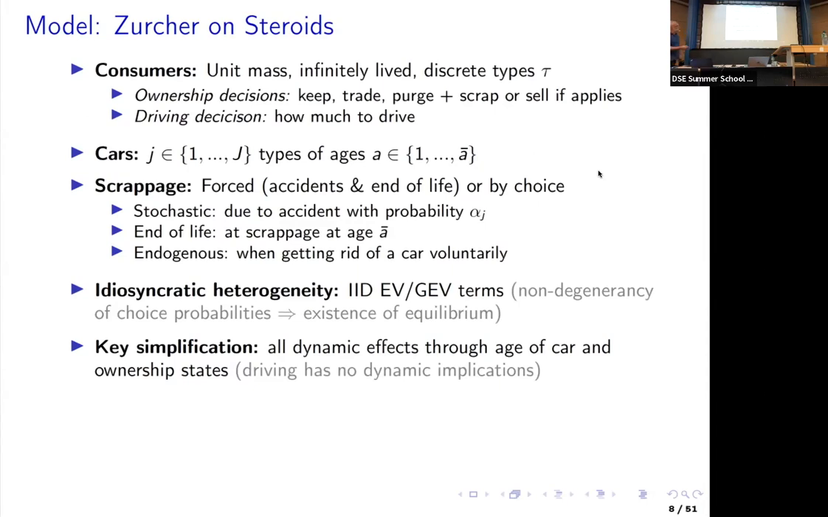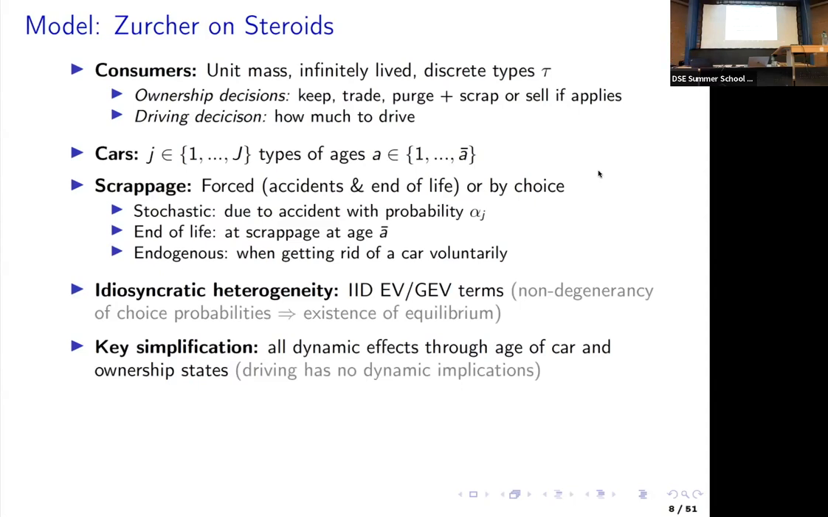And they make ownership decisions: whether to keep their current car, whether to trade it for another one, or whether to purchase one. They can also just get rid of their car, sell it at the secondary market or scrap it, and then not get a new one. And if you have a car and you move on to a new car or no car, then you have to think about what to do with the old car. So that's like an endogenous scrap decision,